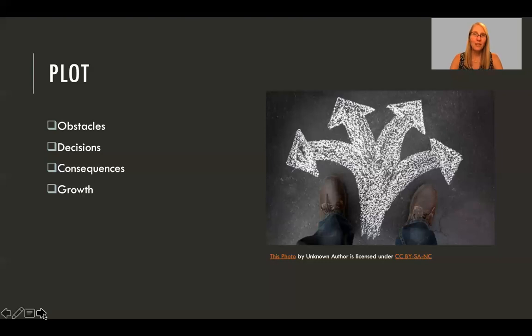We'll even see plot used in poems. There could be a narrative-based poem where it feels like a short story, very specific things happen, or it might be a poem that zeroes in and just focuses on one moment of decision, maybe one obstacle, one consequence, one moment of growth. So we'll have an opportunity to take a look at different examples throughout the next few weeks and think about how what we're putting on the page engages the reader to think about their lives,